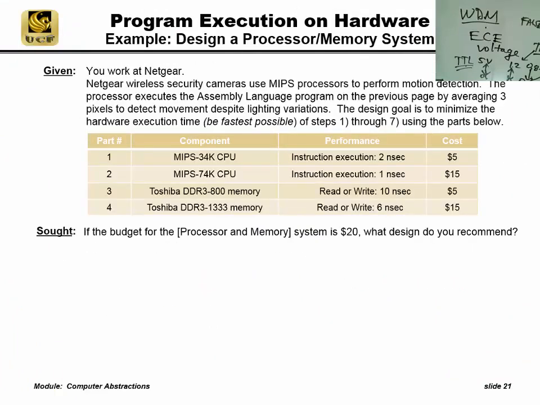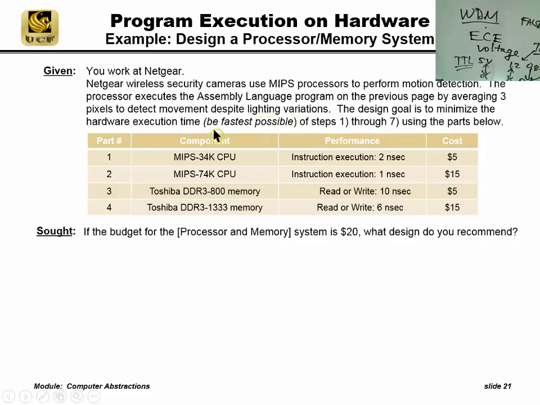So let's try a problem solving example. And for this example, let's suppose you work at Netgear and you are using a MIPS processor to perform motion detection, and we're going to do something similar to what we had in the previous example. We're going to average 3 pixels, adjacent pixels, to detect some movement,